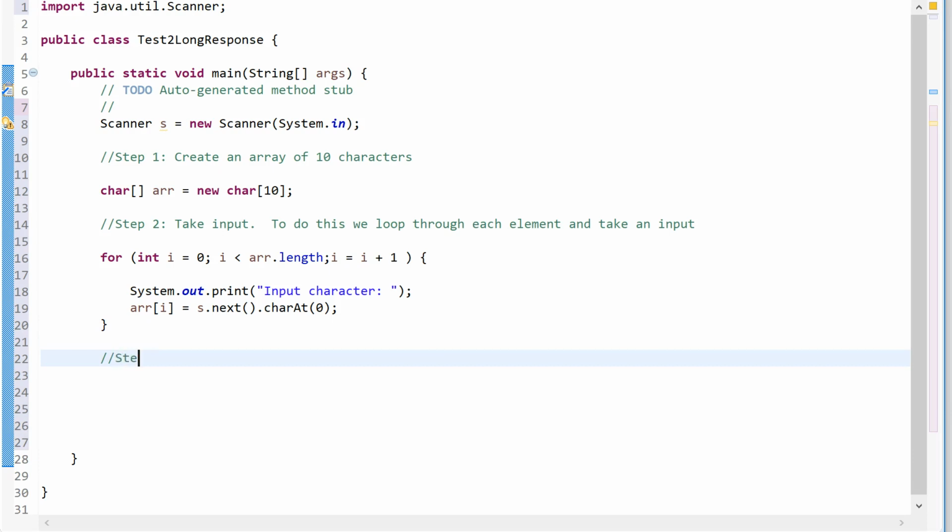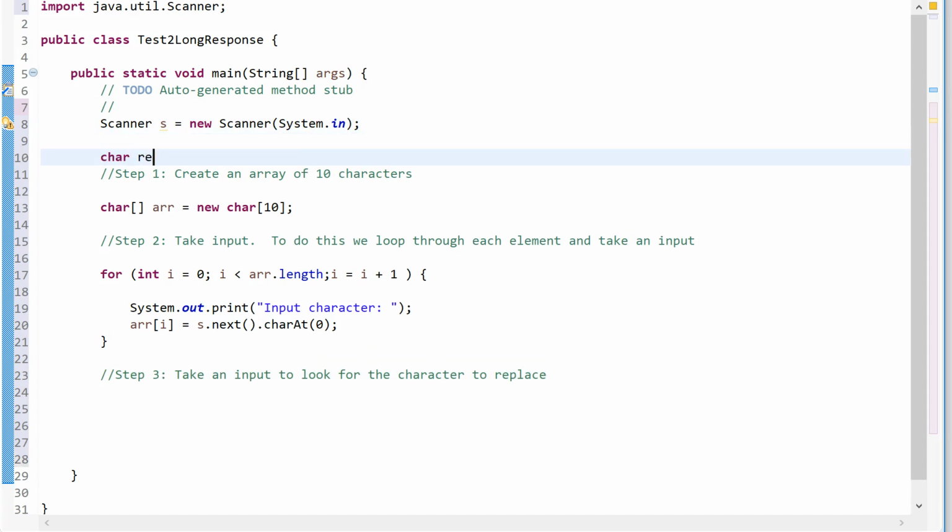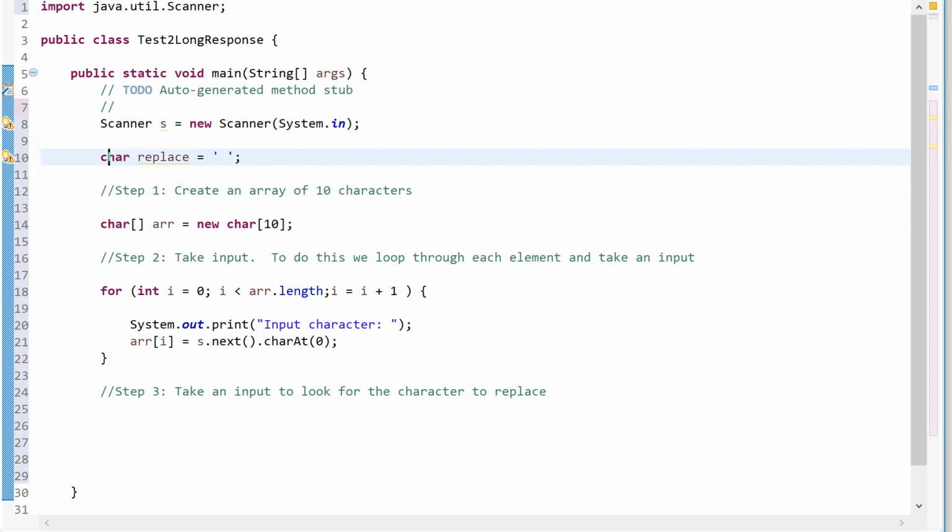So step 3 is we are going to then take an input to look for the character to replace. To do this, I'm going to have to come up here and make another variable. So we're going to make a char called, I don't know, replace. And currently we're going to put an empty character in. Note that characters have to be